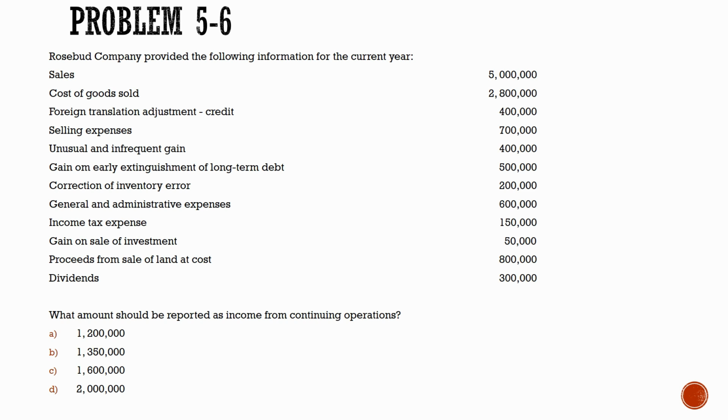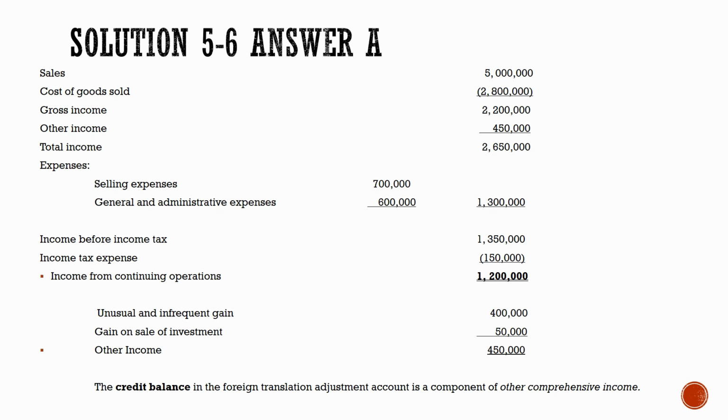So again, ang hinahanap po sa problem na ito ay income from continuing operation. Kung mapapansin po natin, andyan naman na lahat sa given yung mga kailangan natin for the computation of income from continuing operation. So to compute income from continuing operations, we just need to subtract the cost of goods sold and expenses from the revenue or sales from the day-to-day operation ng business. So, kuhain na kaagad natin sa given yung sales na 5 million at cost of goods sold na 2,800,000. Proceed po tayo sa solution.